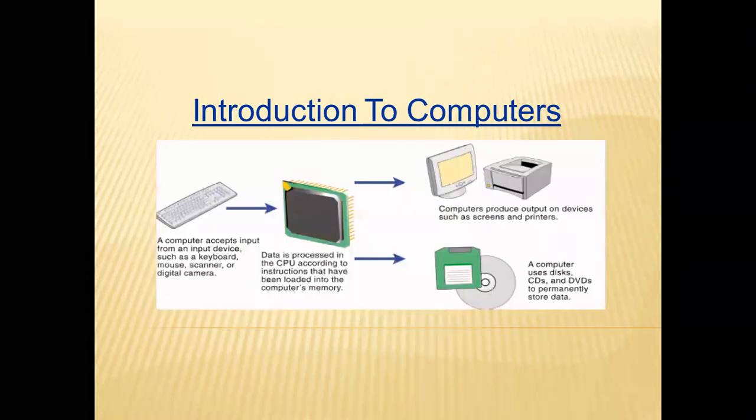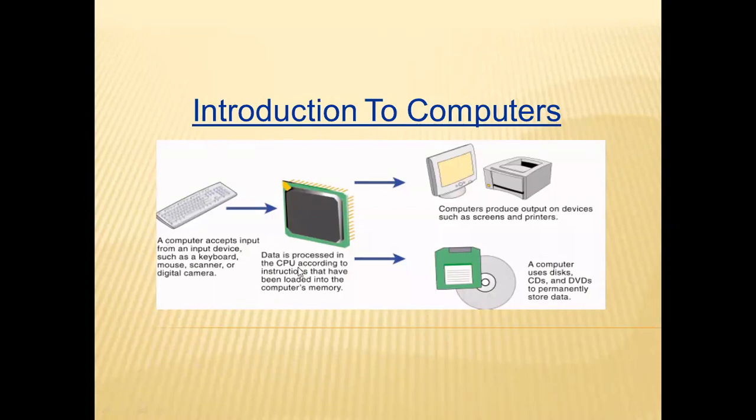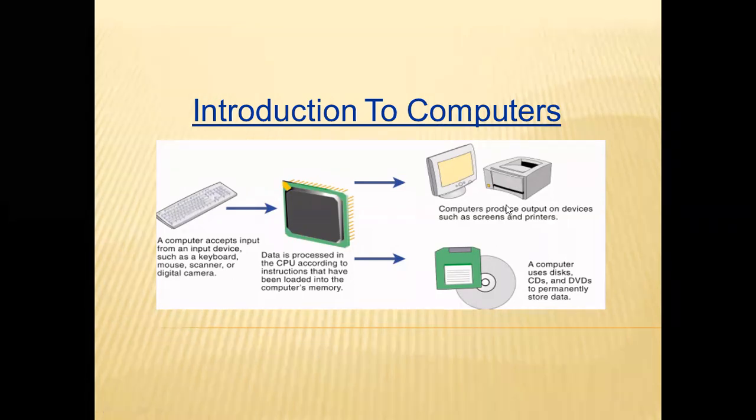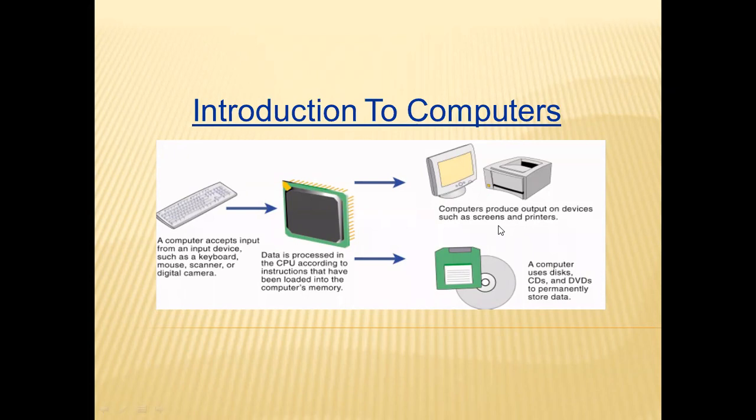The first one is known as the keyboard, from which we give the input. It is kept in the CPU. It is displayed on the monitor. This is the monitor, this is the CPU. Then a printout can be taken, and the printer is what gives the printout. We can also save this data on the hard disk, on the floppy, or on the pen drive. So we can have a temporary storage along with us.